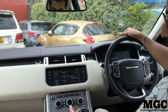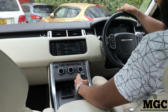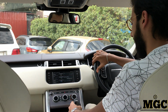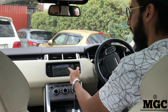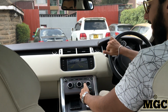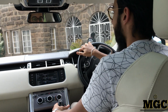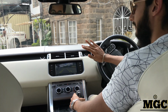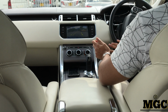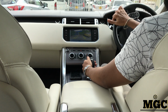So what we're going to do, simple gear knob, you have a lock at the back, so we want to get it out of park. Let's go into drive. Alright, we're into drive. So let's go into the reverse. So you do get a beautiful reverse camera, so maneuverability of the car is not difficult at all, I must say. So we're just going to turn this guy around. It is a large car and it feels like it, and I like that. I like the size implication. Feels good to maneuver and doesn't feel that difficult, even though it is quite large. The cameras help,